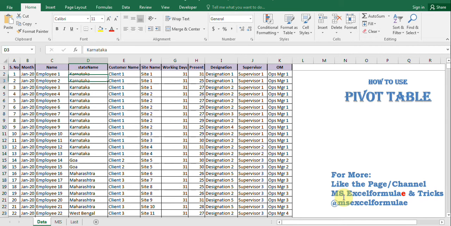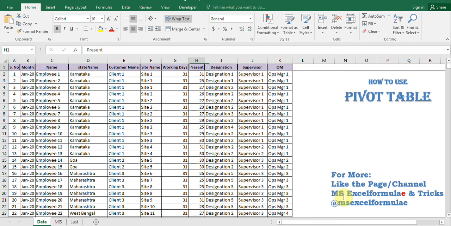He is working in which state, for which client, on which site. For the month of January, the working days were 31. How many days was he present? What is his designation? Who is his supervisor? And who is the operation manager for that particular employee and that particular supervisor?